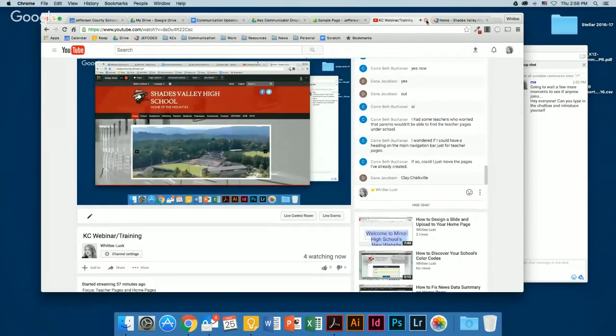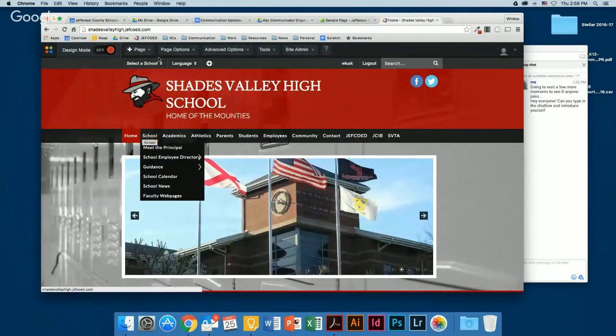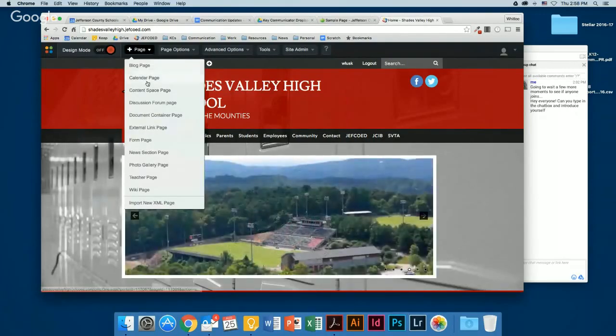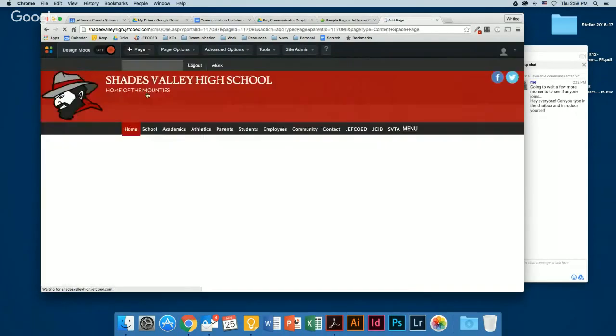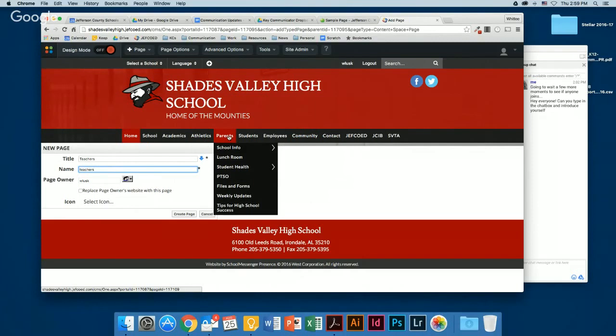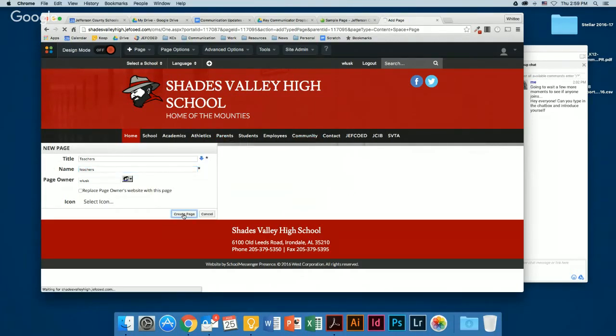You would start at home and do plus page, content space page, and then teachers. You can come back and rename this if you wanted to say something else. But for the main navigation bar, it's definitely best to just do one word up here. So hit create page.